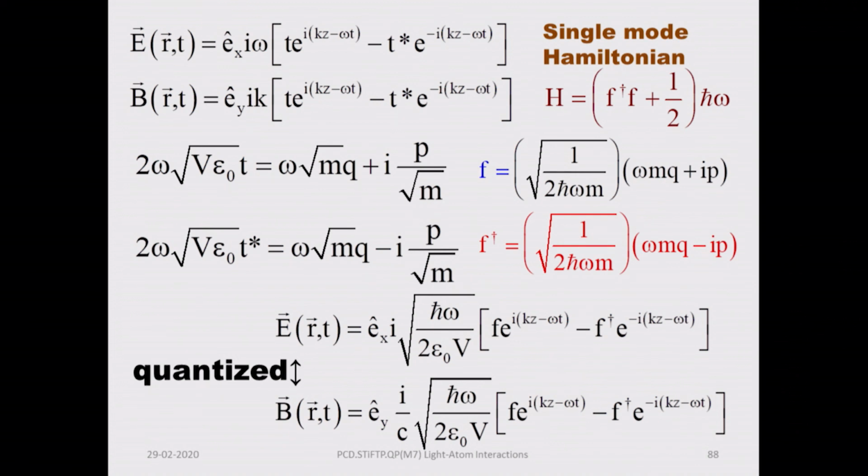So, obviously, as you can see, there is some algebra involved, which is to write one in terms of the other, right? T and T star in terms of Q and P, F and F dagger also in terms of Q and P. Therefore, you can write T and T star in terms of F and F dagger, and now you can write E and B in terms of F and F dagger. That algebra is something that I leave to you as an exercise, but it is straightforward substitutions and nothing else, just usual linear algebra. So, you have got the electromagnetic field which is now quantized,